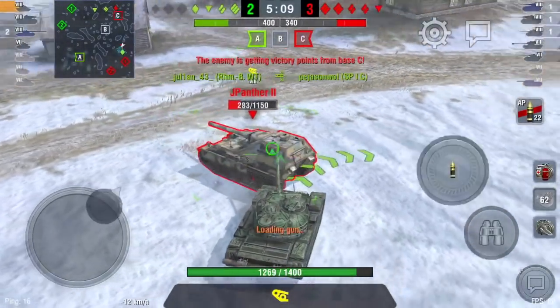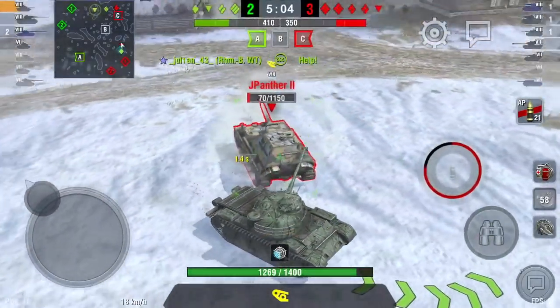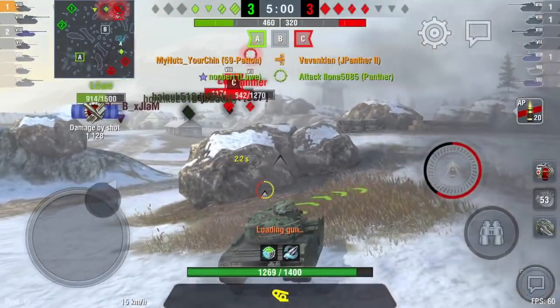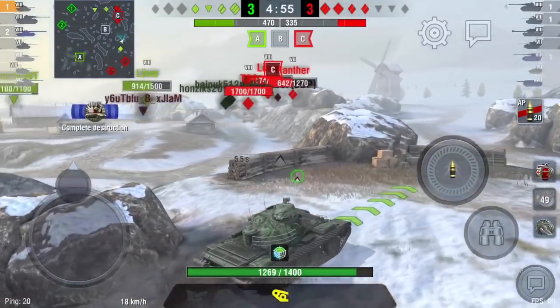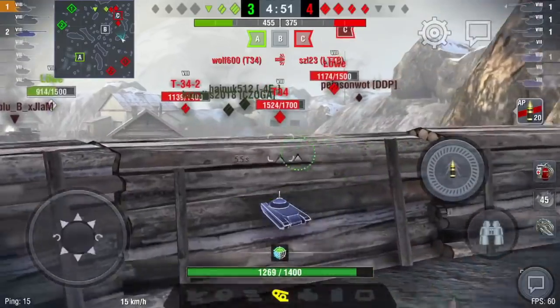He can't face onto both of us, so I guess what he's doing is just trying to farm as much damage as he can before he gets killed, which is why he fires at the LTTB again. But that allows me to take him out, so a bit of luck there, of course. I just got lucky, but then you kind of make your own luck, so I made the decision to go beyond him, and the other stayed in front of him, which is not a good idea